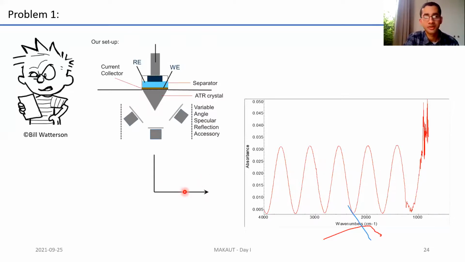This is a problem that I faced recently in lab. I was trying to calculate IR spectra, and I had taken a setup where I had an ATR crystal with a thin layer of gold on it, and I had deposited some material on this and was trying to look at the IR. However, when I looked at the IR, I was getting only this kind of observance, a cosine sine wave, whatever way you'd want to call it. This is what I got in my spectra.